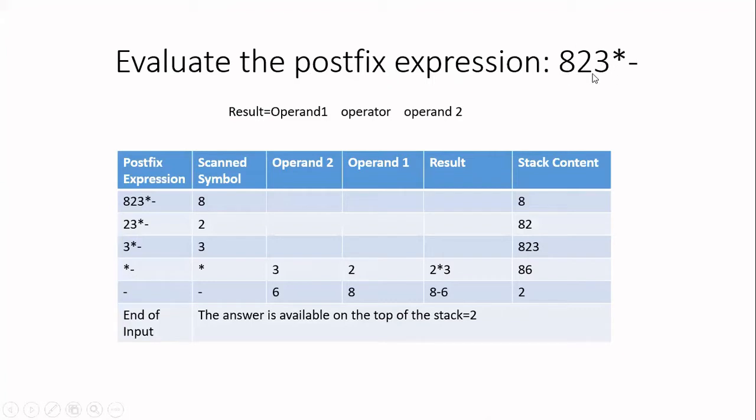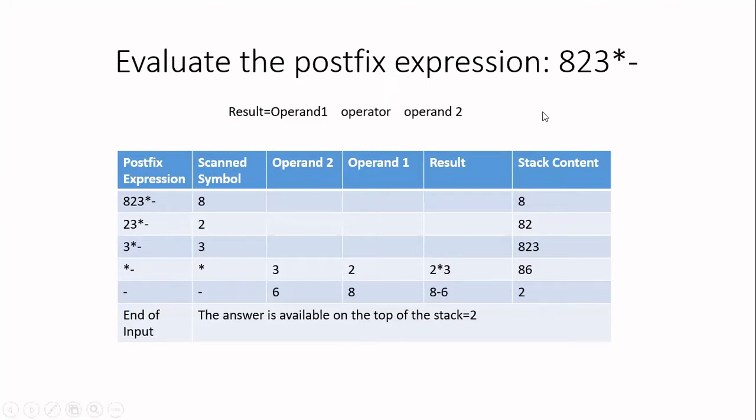When they give you something like this, you have to assume that every digit is one operand. Don't combine two digits. Either they will give it with some space, or otherwise they will separate with commas. If they don't do anything, if they give numbers like this, you have to assume that every symbol is one number, one input operand.